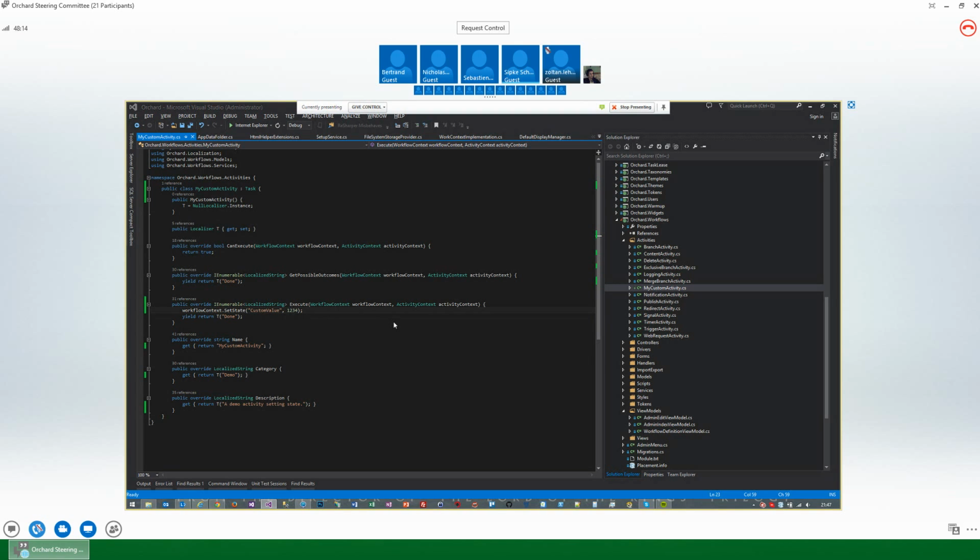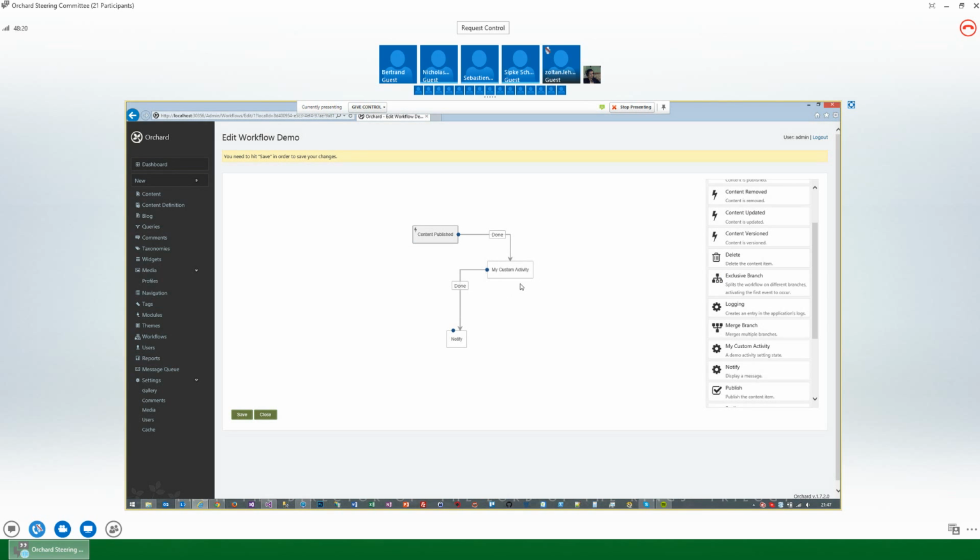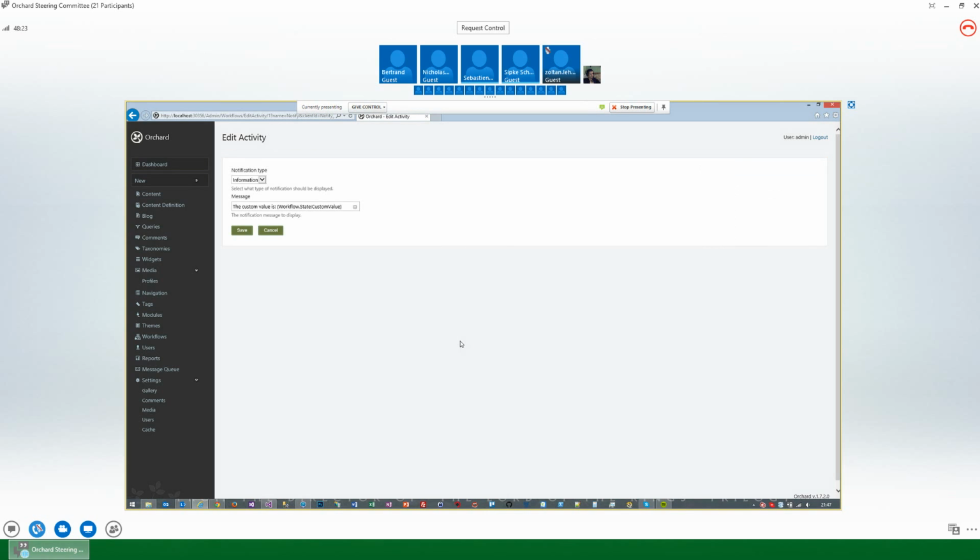And I created a workflow. Whenever content is published, it executes the custom activity, setting that state, and then we have a notify activity which uses a new token called state of the workflow token provider, and this is the expression to access your custom value. In this case, we named it custom value. If it was an object with multiple properties, you could use dot notation to access its properties. But right now it's just an integer, so we'll use it like this,